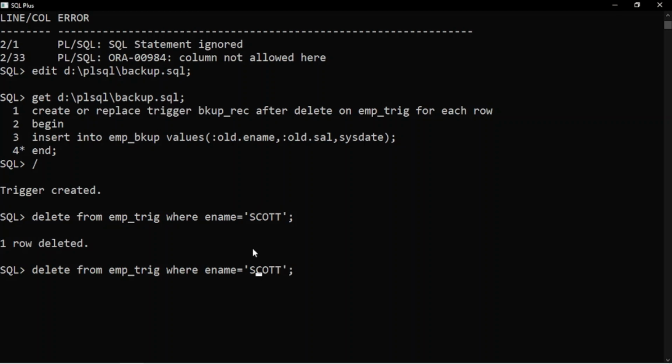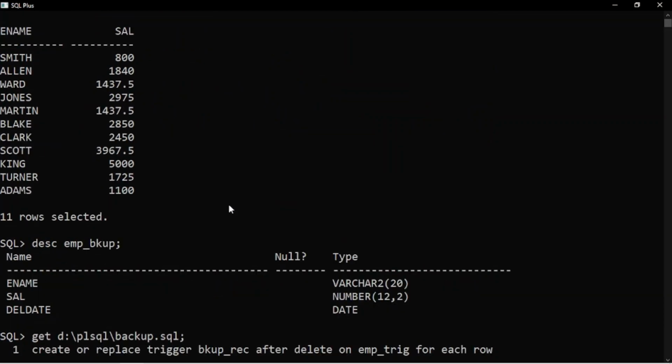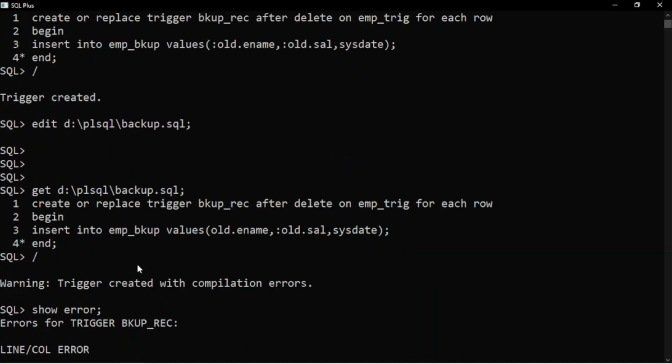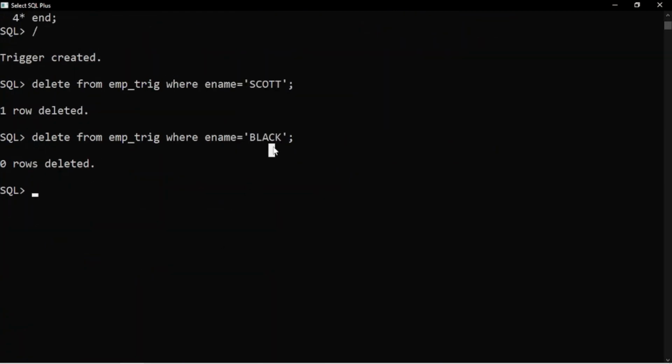Again I am going to change to Blake. BLACK, 0 records deleted, means the name was not right. It is BLAKE and CLARK. So let's change it.